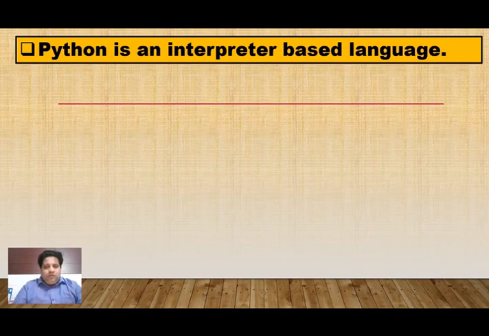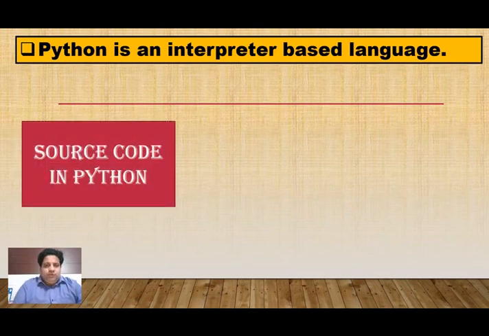Now one thing you must know, what is source code. So this can be explained using a diagram. Source code in Python. Source code means you may have learned HTML in class 10th.